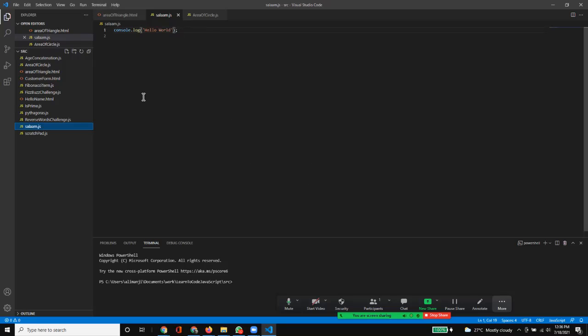Open a terminal and make sure you have the terminal set up at the bottom here. And we're going to run our code now. The way we run it, and this will also tell us that we have Node installed, is just node space and the name of our program. And there you go. It printed "Hello World"